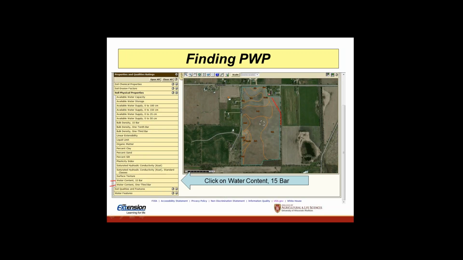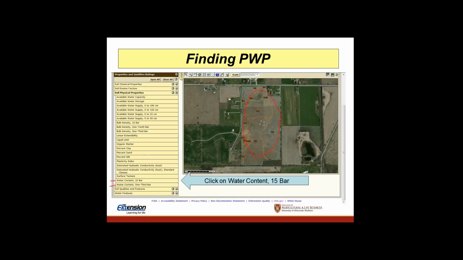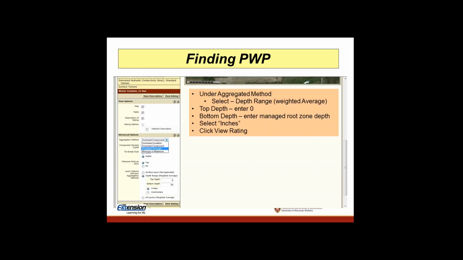Now you're going to see in this field we've got different soil types. So it's going to account for that, or it's going to bring those up. It's going to give us an aggregate of the total. So we're going to click this tab here. Just put a pointer and click, and it's going to open this box. So some of these are going to be default clicks. The one we want to change, we want to go to weighted average